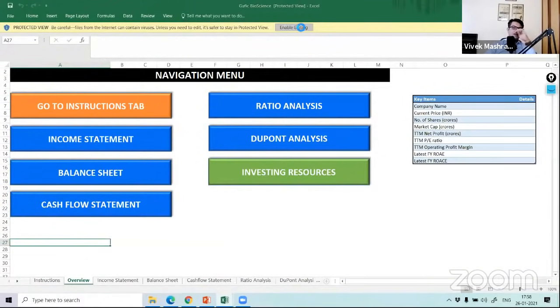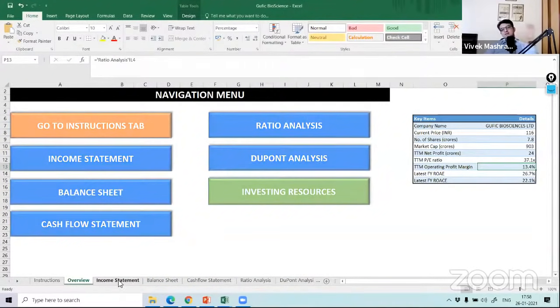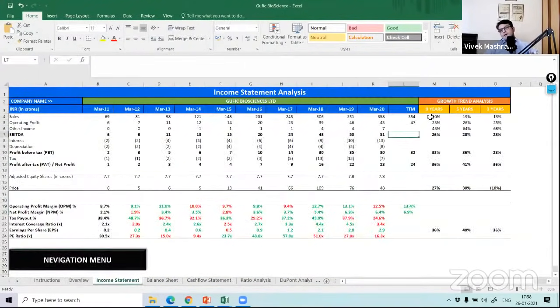So go here, do enable editing, and the first thing you should see here, market cap 900 crores. So that means it is more like a small cap kind of company. Then PE ratio is 37. Okay, operating margin is 13. So this company probably does something good because the operating margin is slightly more than 12%. Then immediately come to the income statement. 9 years growth good, 3 years growth has gone down. So again, ask why the sales is dipping. The long term growth rate is much higher. Why is the near term growth lower? Ask why. Go to different sources and analyze what is happening in this company.